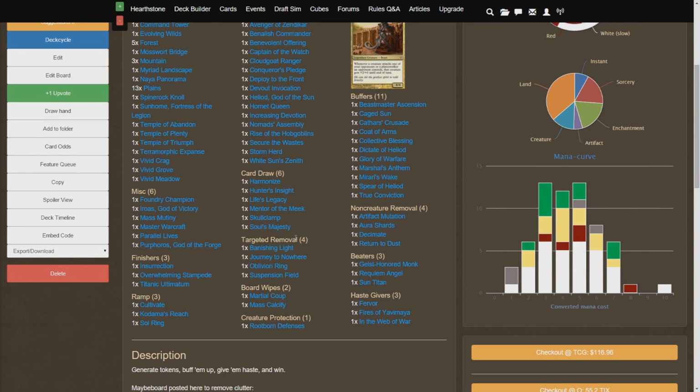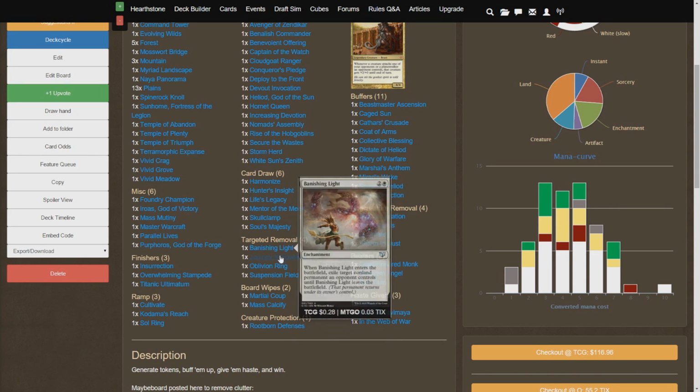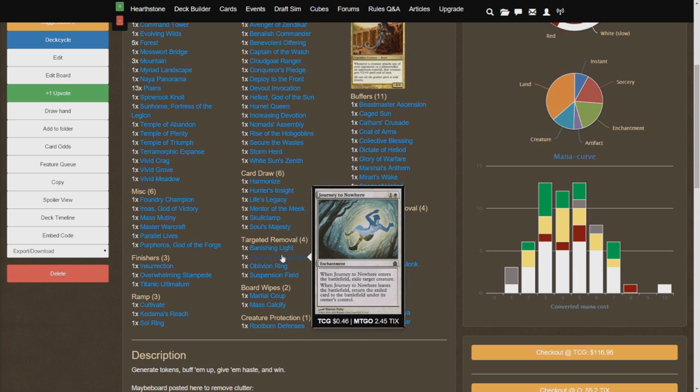And then we move on to the removal. Pretty classic Banishing Light and Oblivion Ring effects here. They just are so good for targeting anything on the battlefield, so really utility here. Journey to Nowhere is going to be great creature removal. If you want to look at extra creature removal, things like Swords to Plowshares and Path to Exile would be good cards. It's just I did not include them because